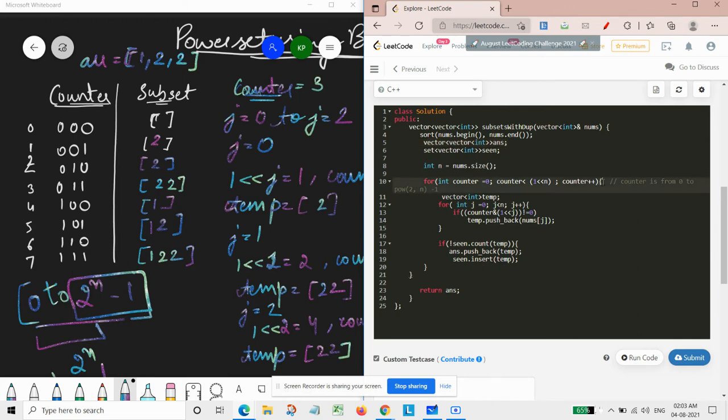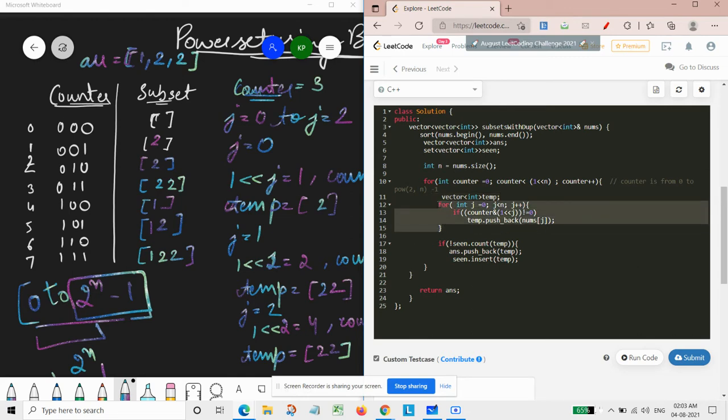So for that only we are taking this loop, basically filling our power set. Now next thing, as this is a vector of vector, so as per C++ syntax, we would be requiring one more vector which needs to be filled in that particular vector of vector. So that's why we will be taking this vector of int temp. I've named it as temp vector.